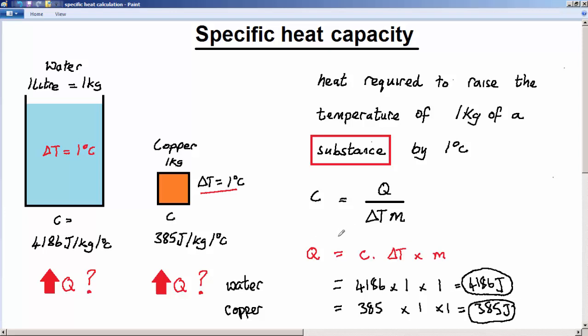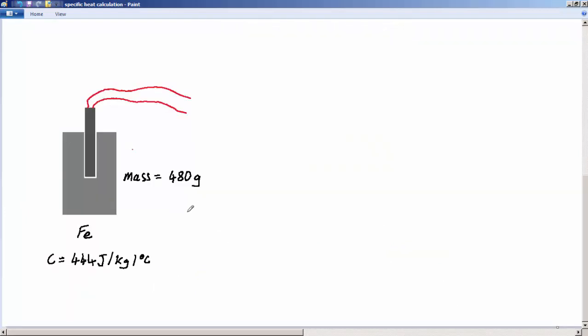So let's just have a look at a typical type of problem we might find, for example, in a GCSE physics paper covering specific heat. So you may be given some sort of problem like this. You've got a block of iron, and you're told that the specific heat capacity of iron is 444 joules per kilogram per degree Celsius, and you're told you've got 480 grams of iron. And inside the iron there's a heater which is going to supply, for example in this particular case, let's say 2,500 joules of heat